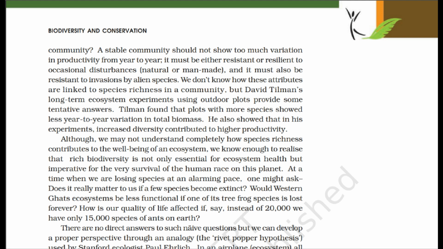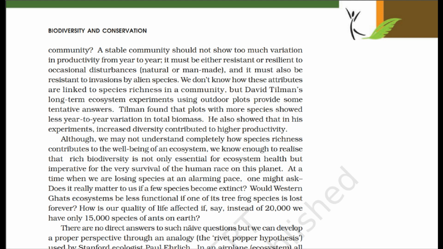Tilman found that plots with more species showed less year-to-year variation in total biomass. He also showed that in his experiments, increased diversity contributed to higher productivity. Although we may not understand completely how species richness contributes to the well-being of an ecosystem, we know enough to realize that rich biodiversity is not only essential for ecosystem health but imperative for the very survival of the human